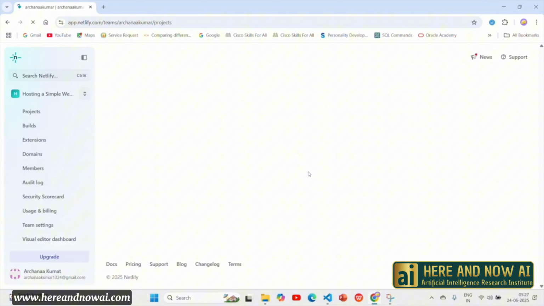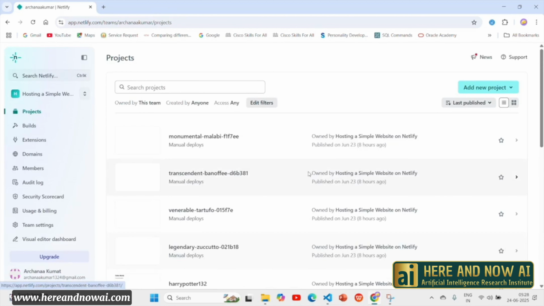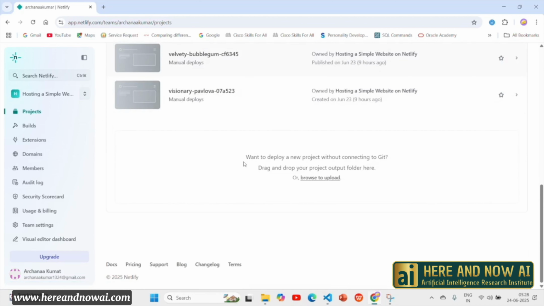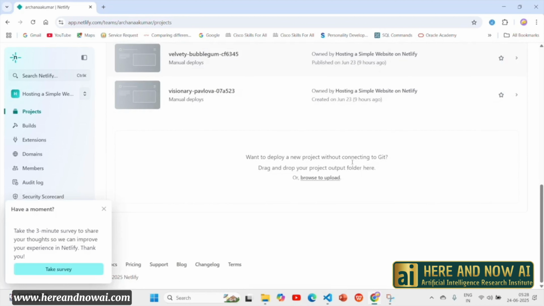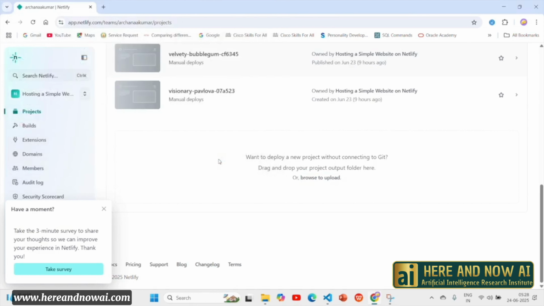If you're not having a GitHub account of your own, firstly create a GitHub account for yourself, entering your own details. Your account will be created in a while, and upload your code into your GitHub repository. As you scroll down here, you'll see all of your repositories. However many repositories you have created in your GitHub are here. And as you scroll down, you'll see an option, browse to upload, over here. You just need to click it and upload your folder in My Files.